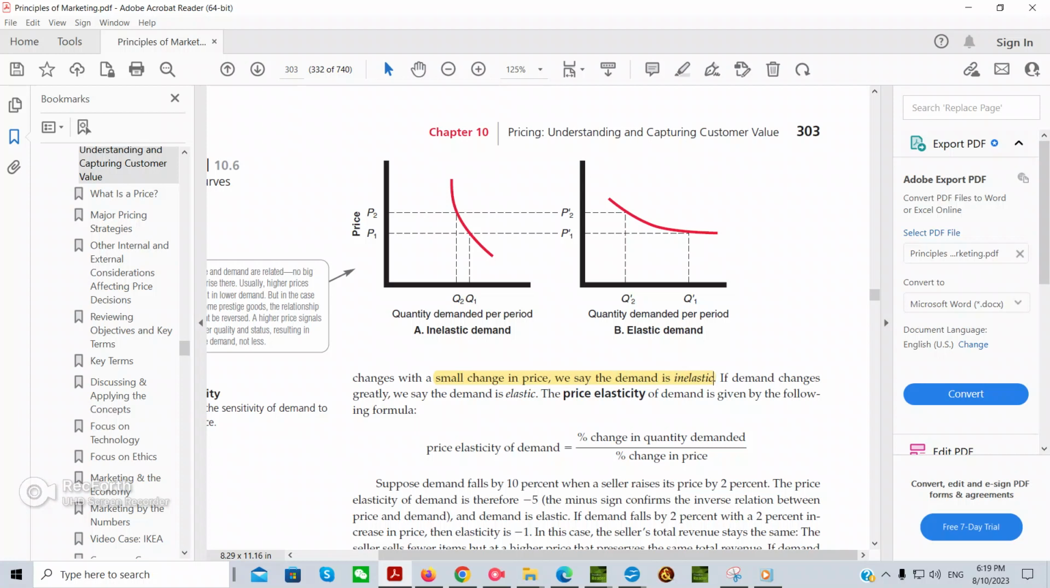If you think of an elastic, what does it do? It bends and it can stretch out farther, right? A small change in demand for a change in price means demand is inelastic. It doesn't change much. If demand changes greatly, then we say demand is elastic. Price elasticity of demand is given by the following formula. So we consider the following formula: price elasticity of demand, meaning the ability of demand to move, equals the change in quantity demanded,